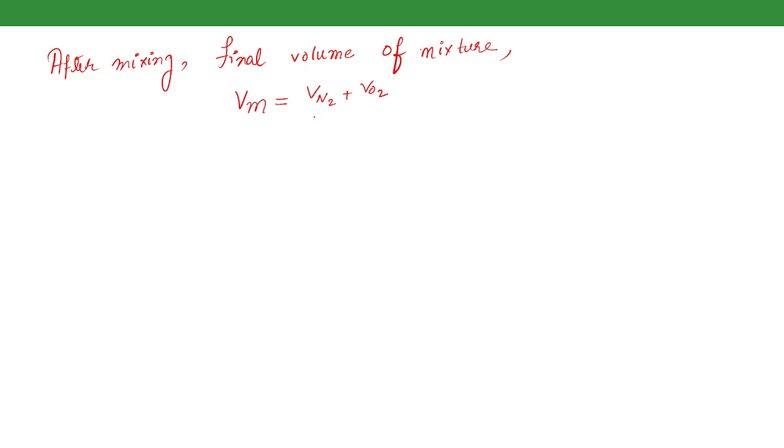This is 2.32 plus 5.70, that is 8.02 meter cube. This is true because the container is rigid. Therefore, the final pressure of the mixture